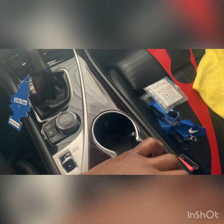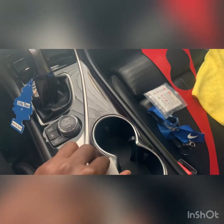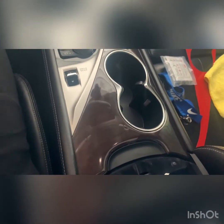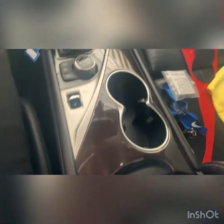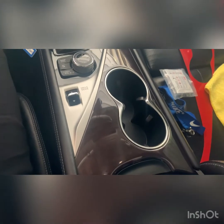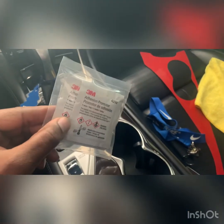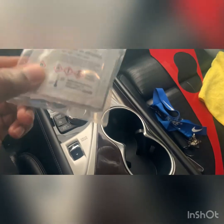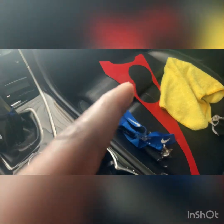You can let this dry if you want. I think that'd probably be best, but it doesn't really say. I think last time I just wiped it down a little bit and then applied the adhesion promoter. Because you could let it dry, but you're gonna put the adhesion promoter anyways, so realistically you're just putting more liquid on the surface, in a sense. Whether or not you let it dry is up to you. So adhesion promotion next. We'll let that dry out, and then onto the fun part of installing that